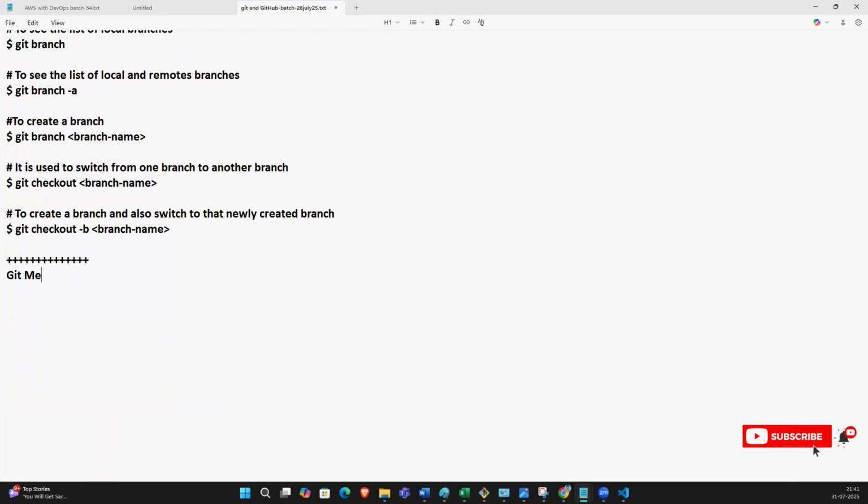So now, Git merging. What is that? Merging allows you to merge branches together. What is that? Branches together means